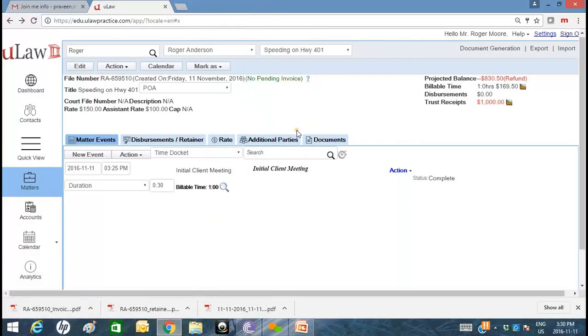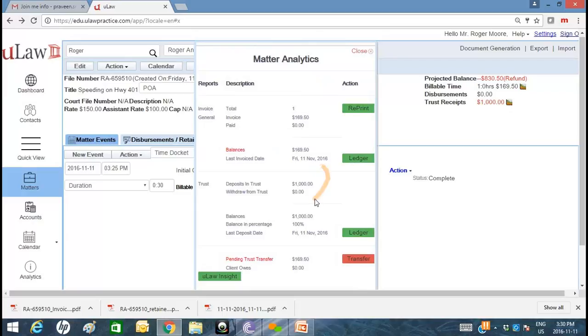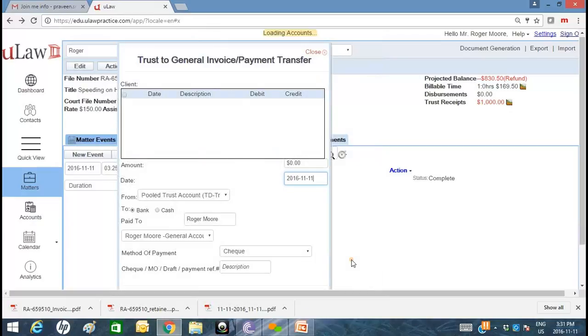You need to now move money from trust to general. All you do is click on that question mark, and this one screen should enable you to do all those tasks that you need to get done. The pending trust transfer is an actionable item that's marked in a red button for that amount of $169.50. So that question mark is really the point that I'm trying to drive,